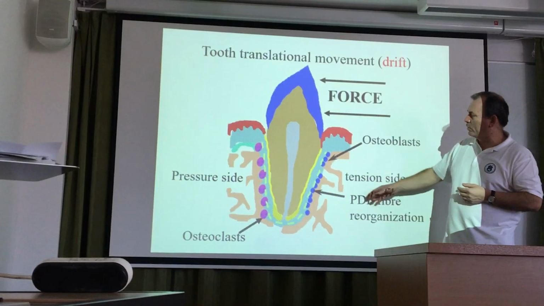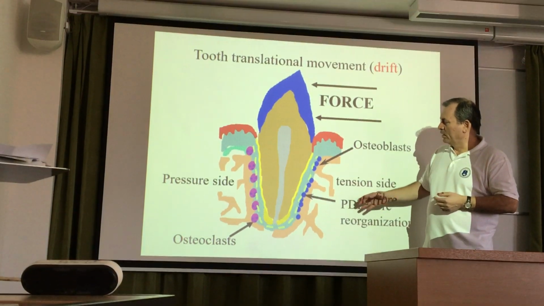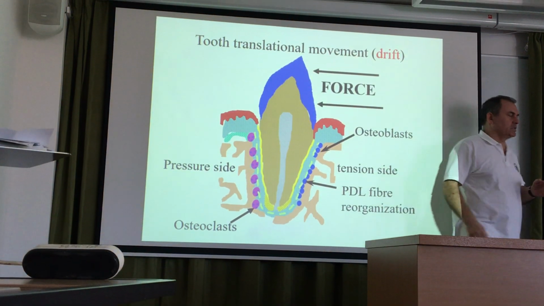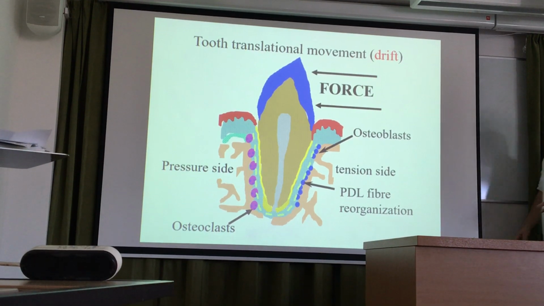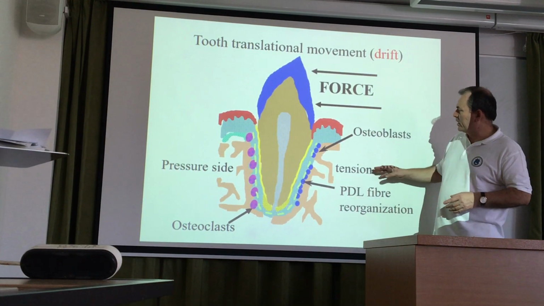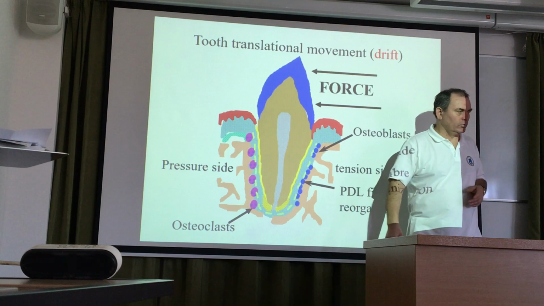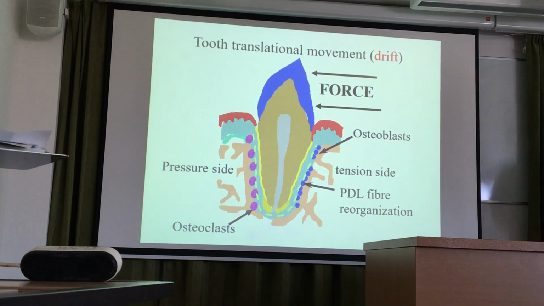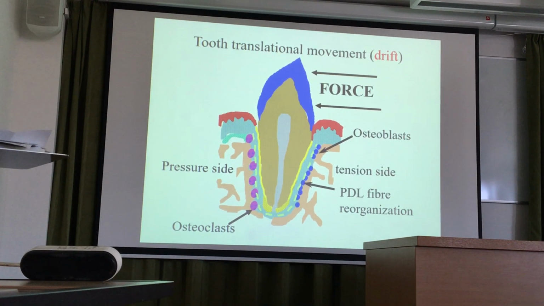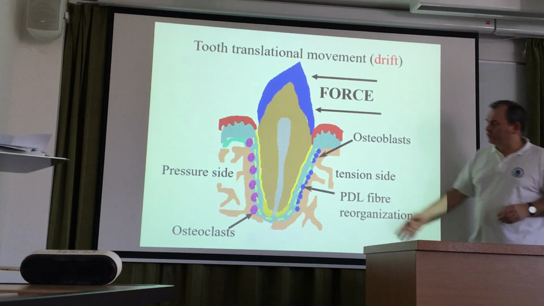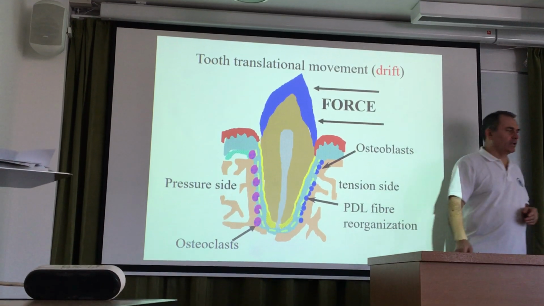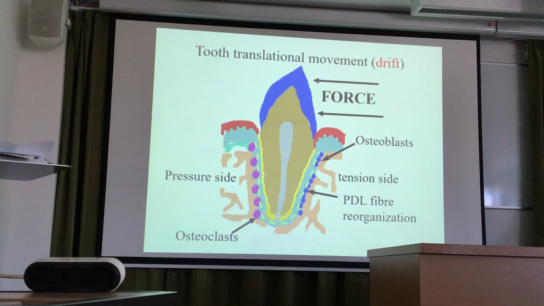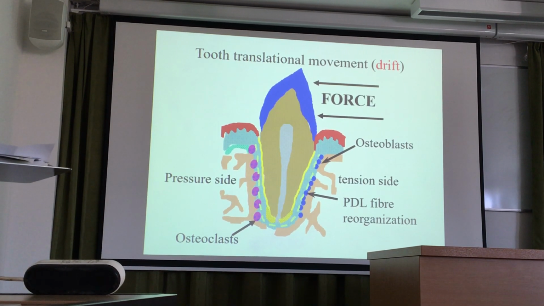And we have the tension side where the pressure is decreased, so less pressure is occurring. Here on the tension side, with osteoblastic activity, new bone is forming. And of course, we have the PDL fiber remodeling, or reorganization of the PDL fibers on both sides,